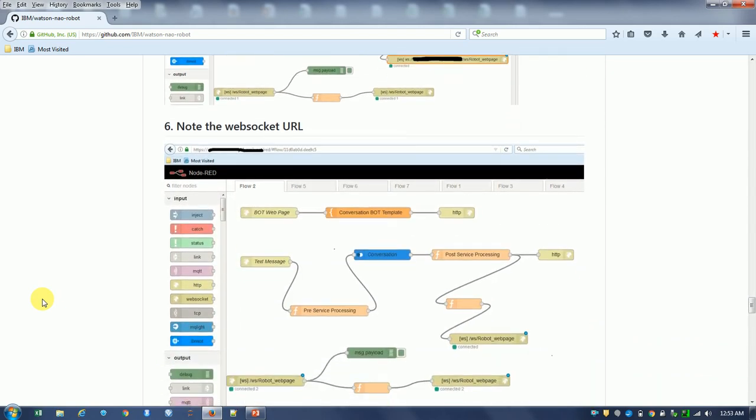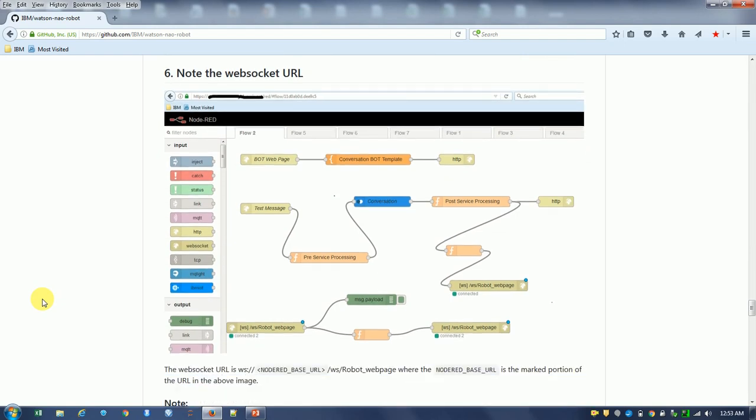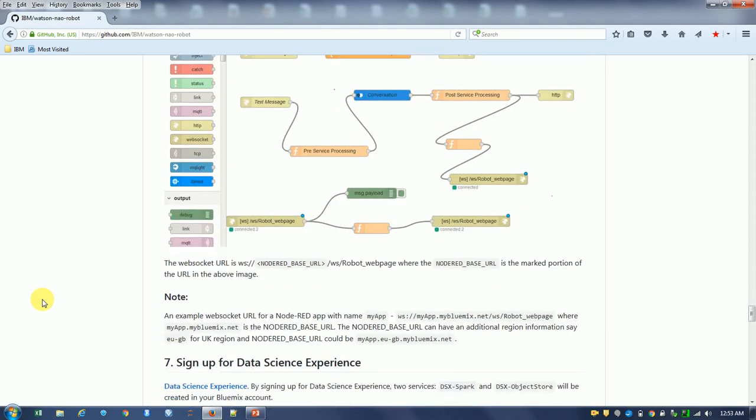The next stage is to note the WebSocket URL from this Node-RED flow. This WebSocket URL is updated in the Data Science Experience Jupyter Notebook, which will ensure that the conversation service is connected with the Jupyter Notebook to exchange the information back and forth. We have also given an example of what would be a WebSocket URL. For example, myapp.bluemix.net/ws-robo_webpage. In that WebSocket example, myapp.bluemix.net would be the Node-RED based URL. We just have to keep that in mind and then